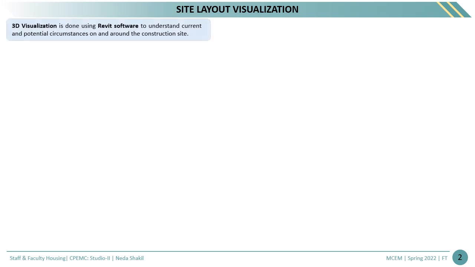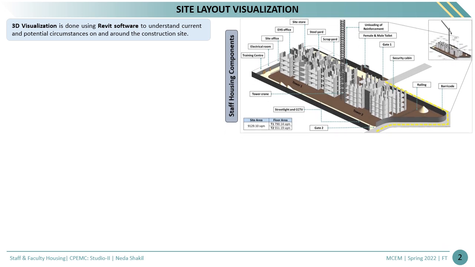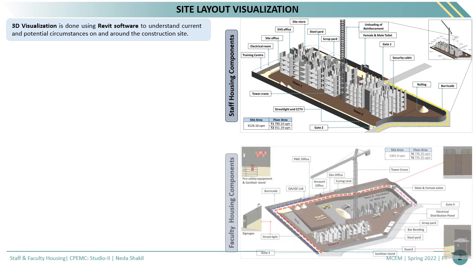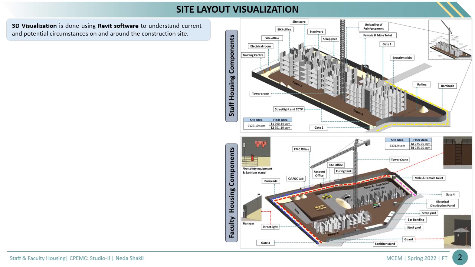Site layout visualization. Visualization is a process of converting data into graphical representation. So here we have used Revit software to understand current circumstances on the construction site. On the right in the 3D model, I have highlighted the components of the staff and faculty housing such as barricades, vehicular movement, security cabin, entrance gates, toilet, offices, tower crane, steel yard, CCTV. This helped us to understand the movements and activity area at site to take effective decisions for minimizing the risk